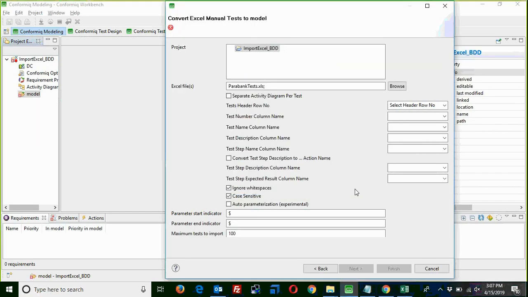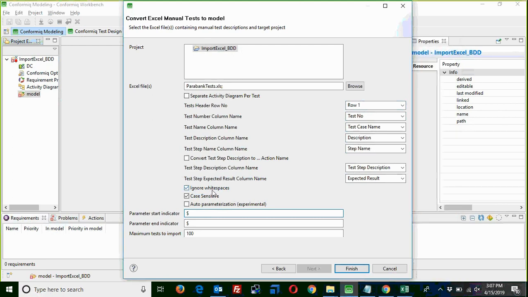So this is the set of test cases, and I just need to configure which column has all the headings. It automatically gets all the required columns like test number, test case name, step description, expected result, and everything. Here I am using double quotes as the delimiters, so that any input data or expected results already in the test cases can be parameterized here. Once I have set all these configurations, I can click on the finish button, and quickly the test cases will be refactored and converted into a model.